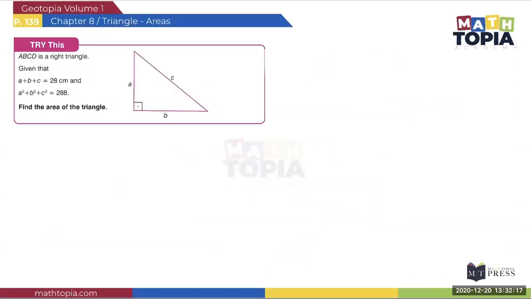Now, chapter 8, page 139, try this problem. It's about a combination of the Pythagorean formula and a couple of other algebraic manipulations. Of course, what do we know about this triangle? Let's say, why don't we just write, first of all,